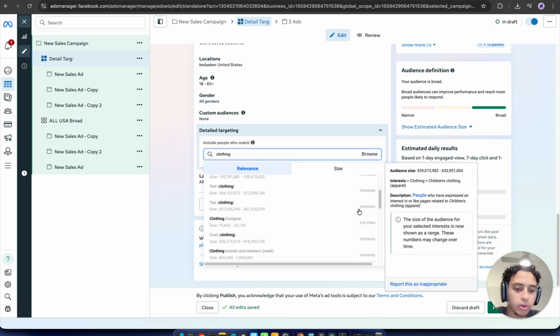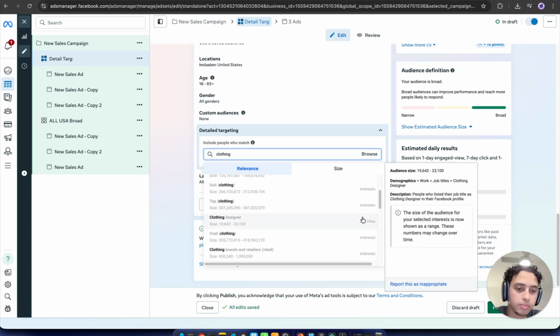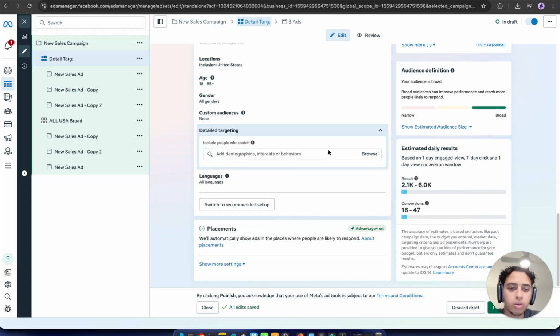If we go down, this is a job title. Now, job titles are more so demographics. So that's in work, job title, clothing. So who uses demographics? Demographics is basically for if you're headhunting, like if you're looking for employees, you can use that